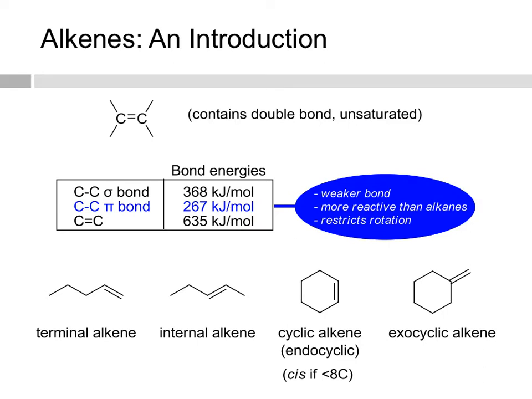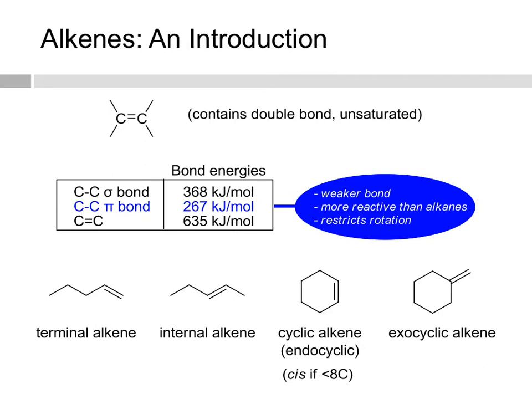Depending on the position of the alkene, it can be called a terminal alkene, an internal alkene, a cyclic or endocyclic alkene, or an exocyclic alkene. For cyclic alkenes, if there are less than 8 atoms in the ring, it's always going to be a cis alkene. If there are 8 atoms or more in the ring, then it can be either a cis or a